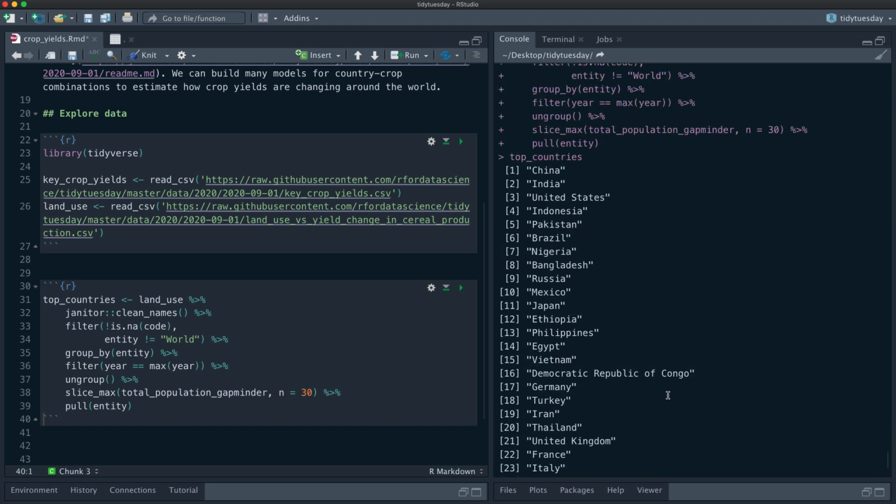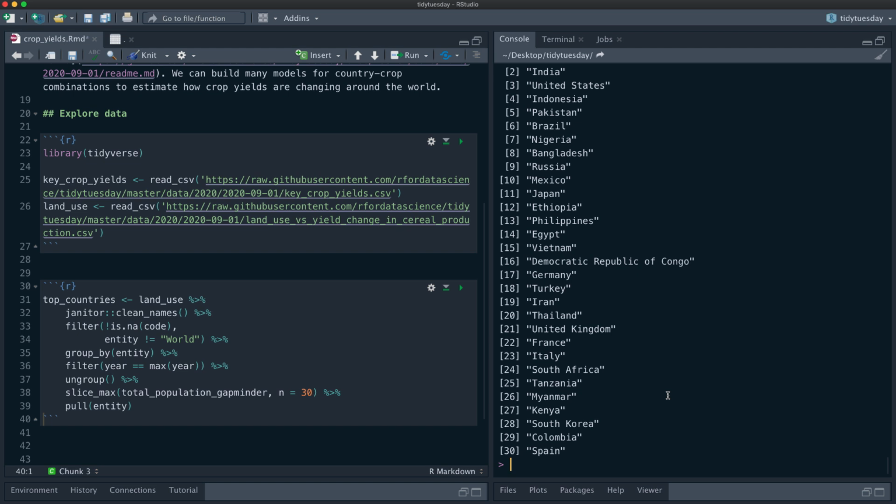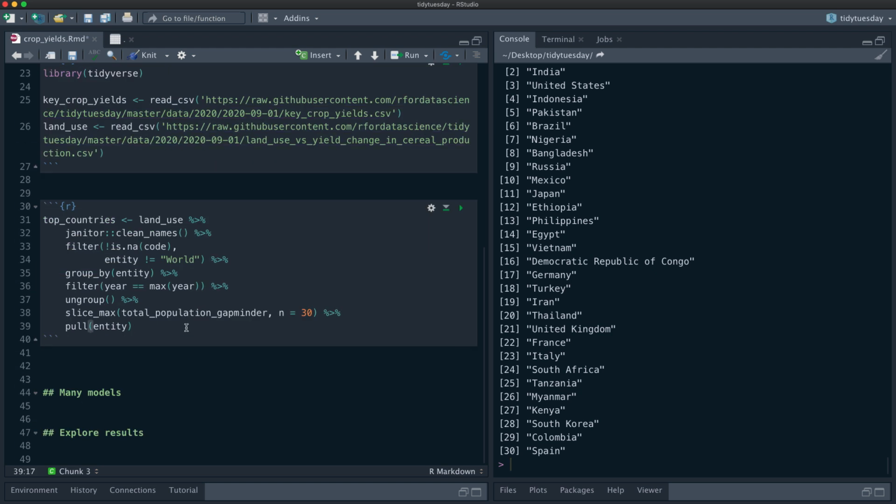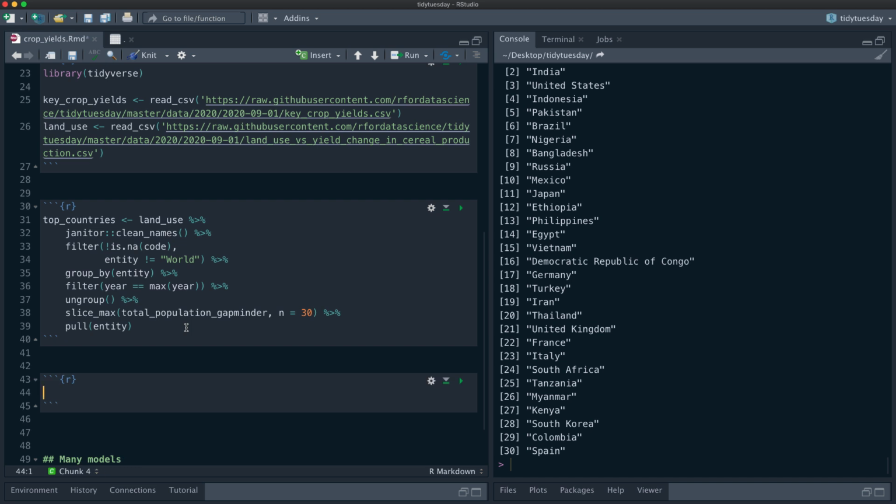All right. So here, those are the top 30 countries by population in the year 2019. So these are the countries that we're going to use in our analysis. Now let's make a new little chunk. Now let's go to those crop yields, and let's start getting